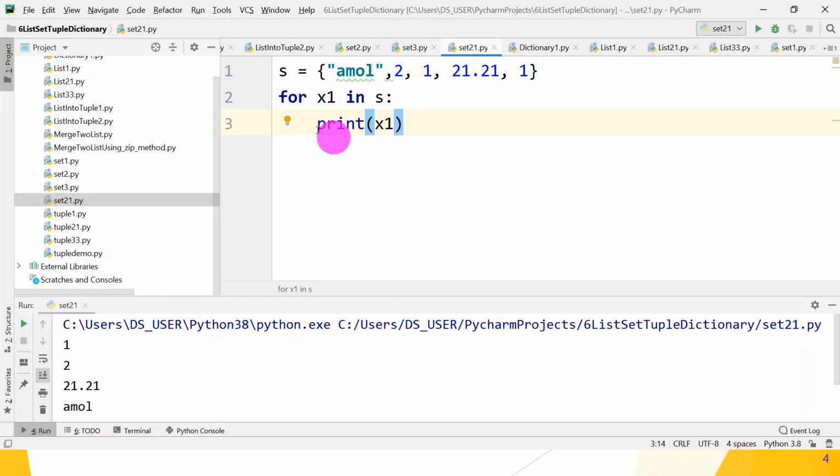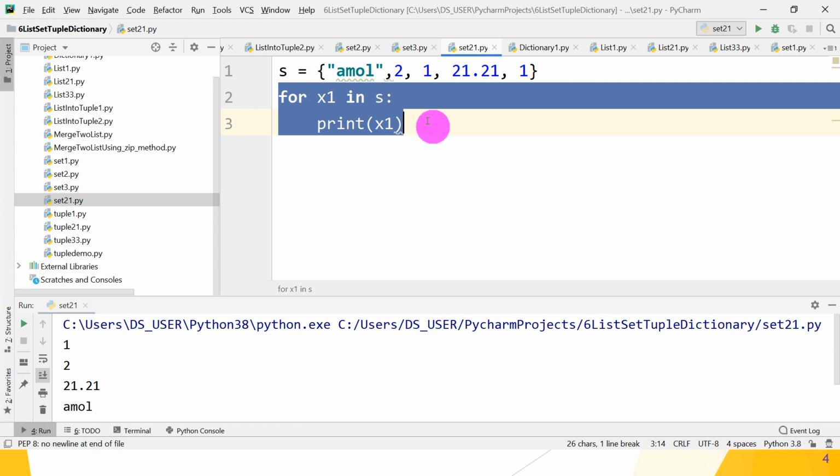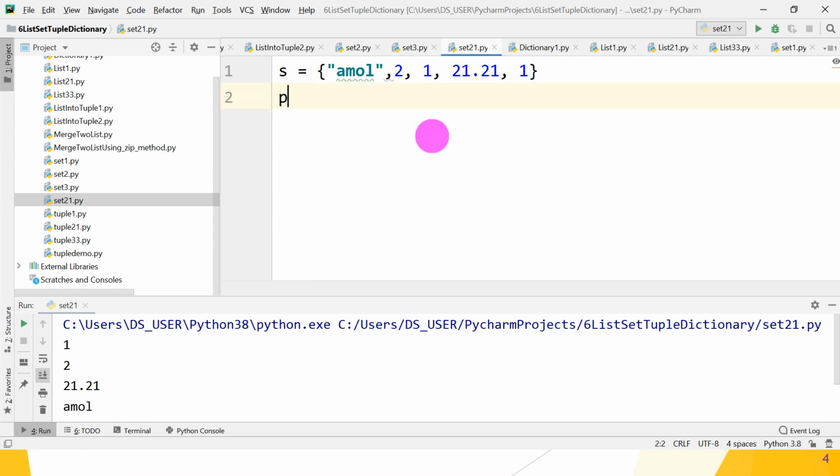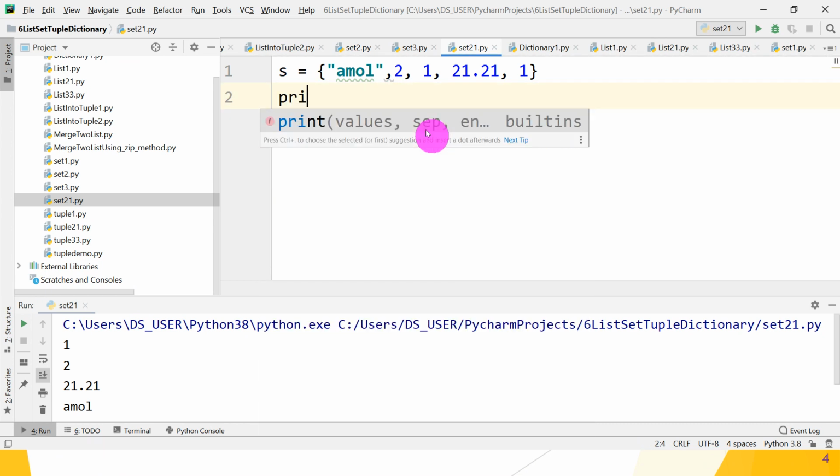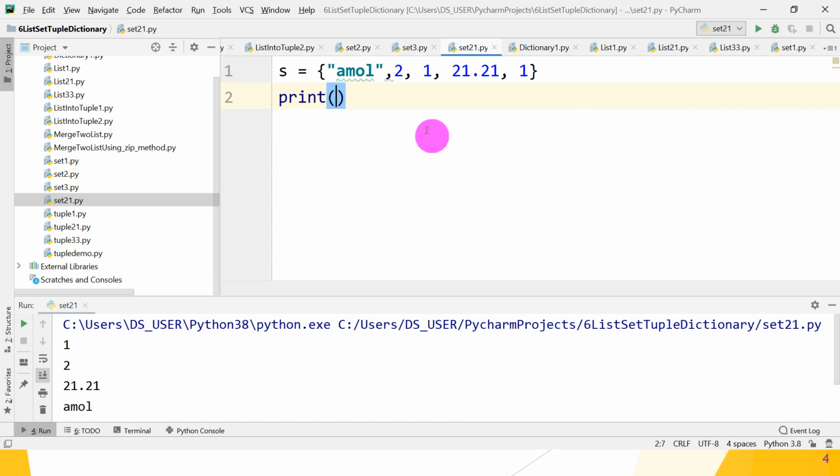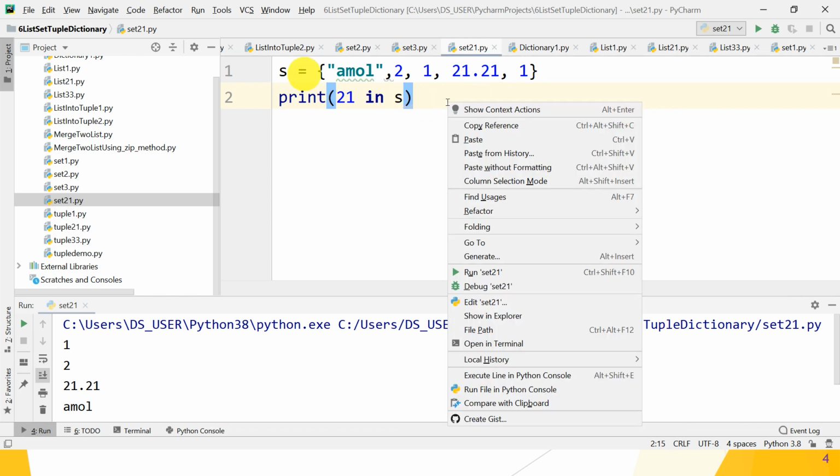What do we have to check? We have to check, inside print, whether 21 in S. Great. So is 21 present in S? No guys, it returns false.